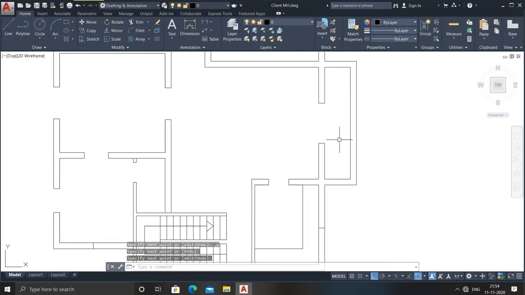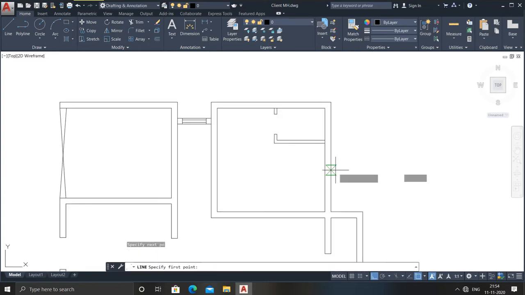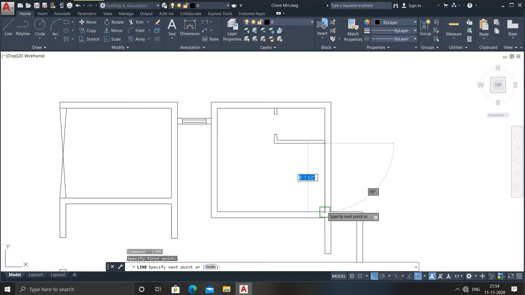Just over here. If there is no center line, draw one line. Now you can see the center. See, here I need to provide some ventilation. So for the ventilation, draw one line for searching the middle line or middle point.